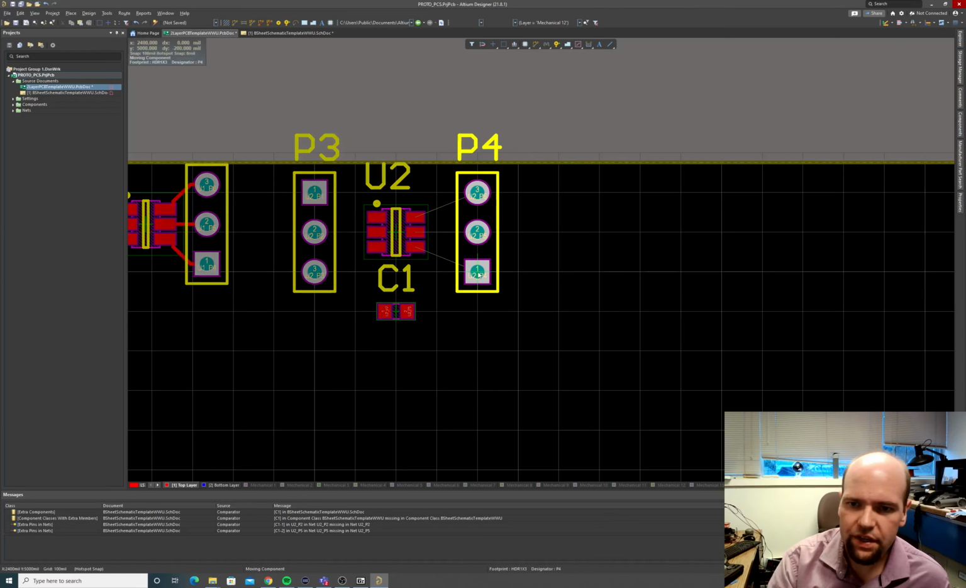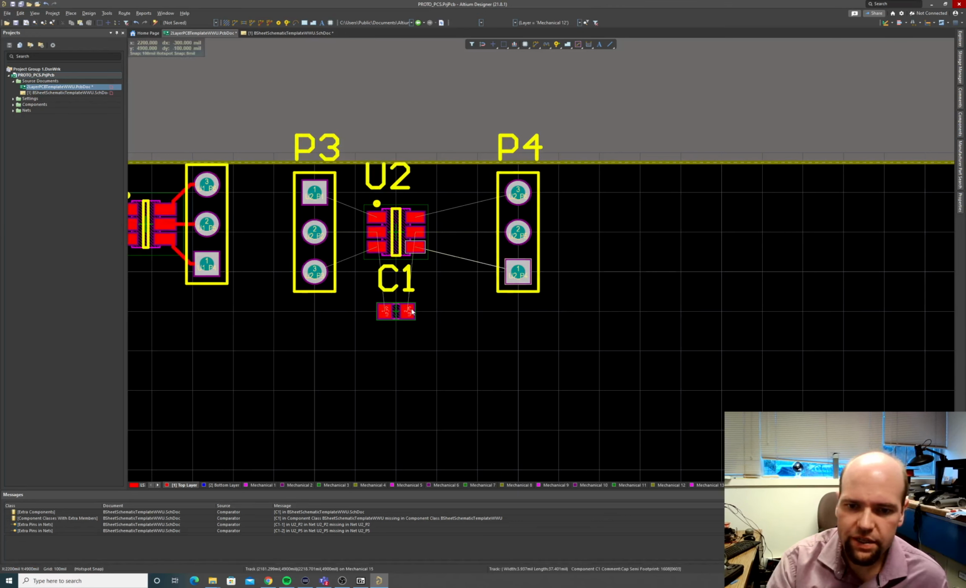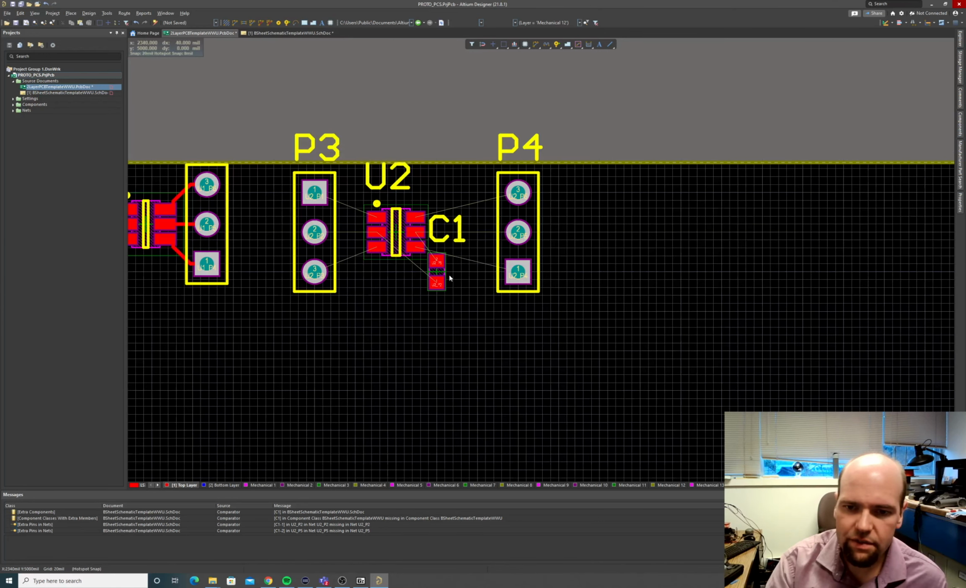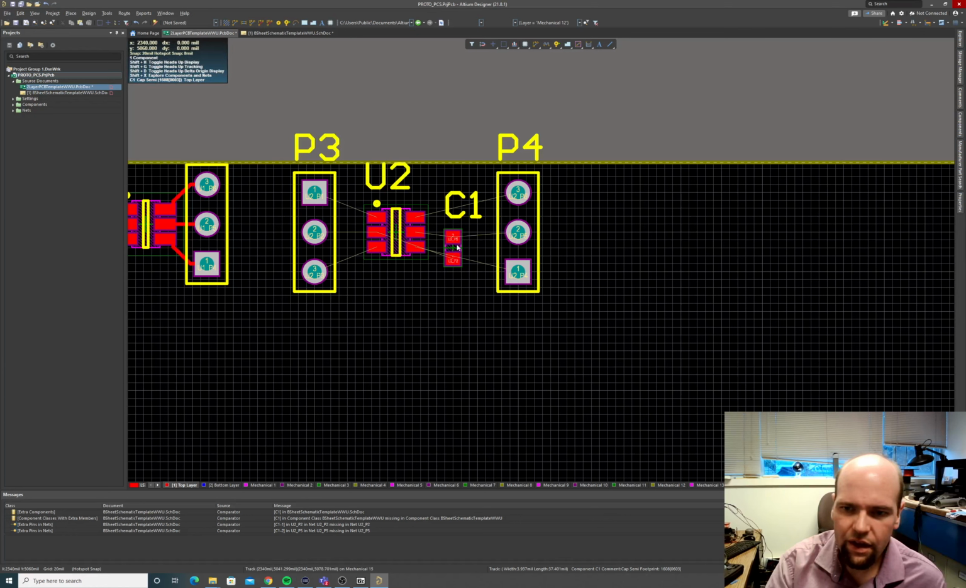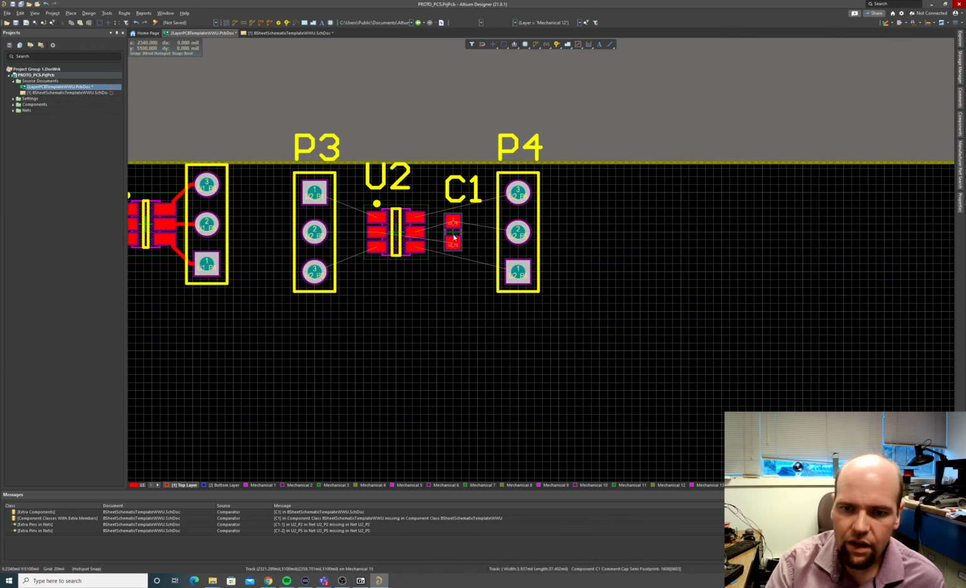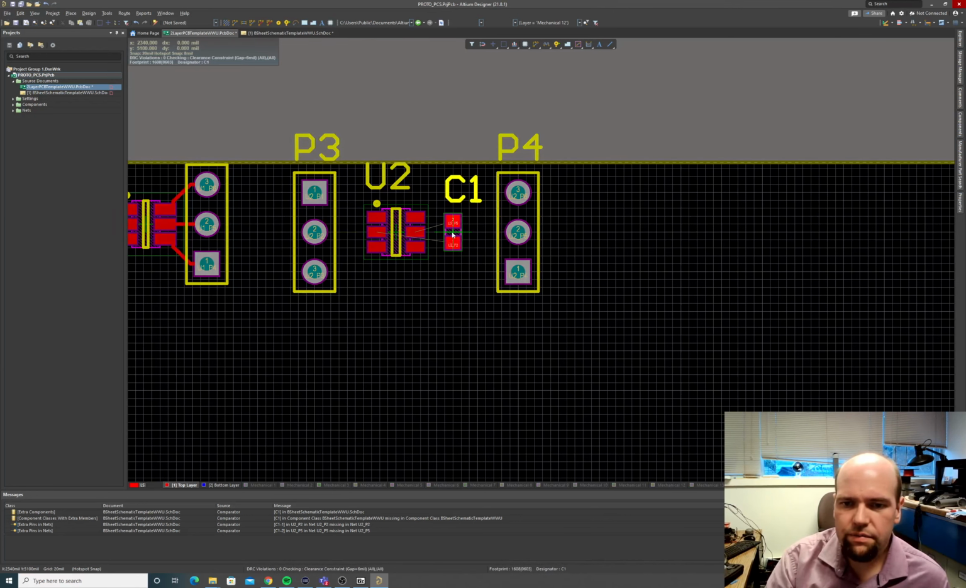I'm going to do a couple of things on this one. So let's give ourselves even more space. Space that out. Set our grid to something like 20 so I can actually move this around. Okay. So